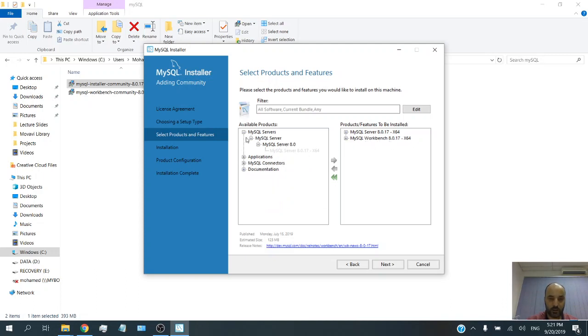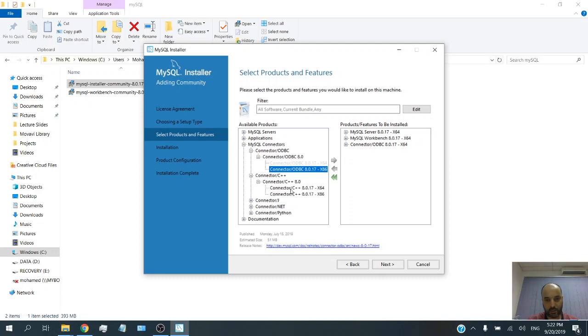Also, we may install the connectors. If, let's say, we want to use ODBC to connect with our application, we have to select this. And also, if we want to connect with C++, we can use this. For our case, we don't want it. If we want to work with .NET,